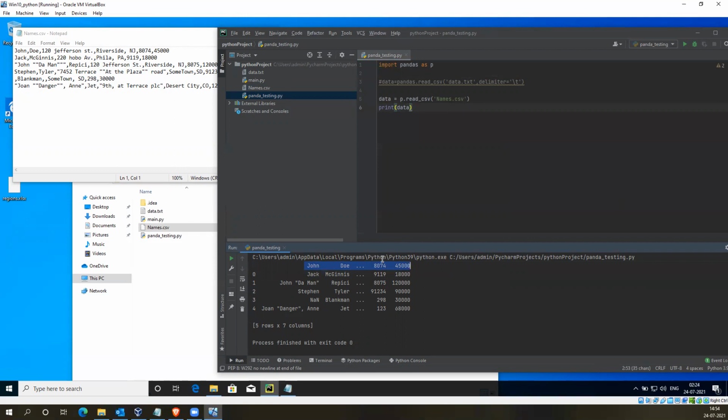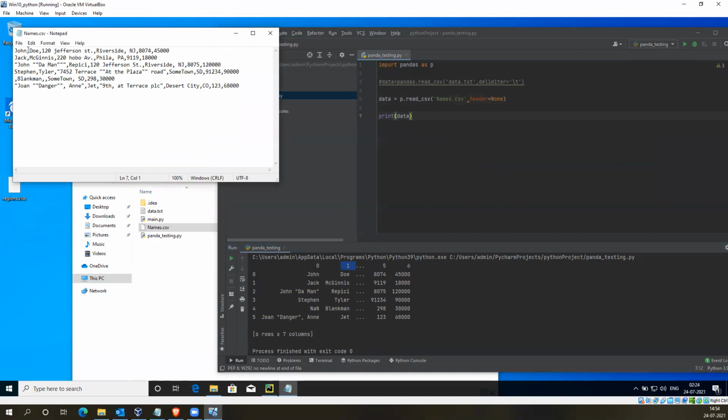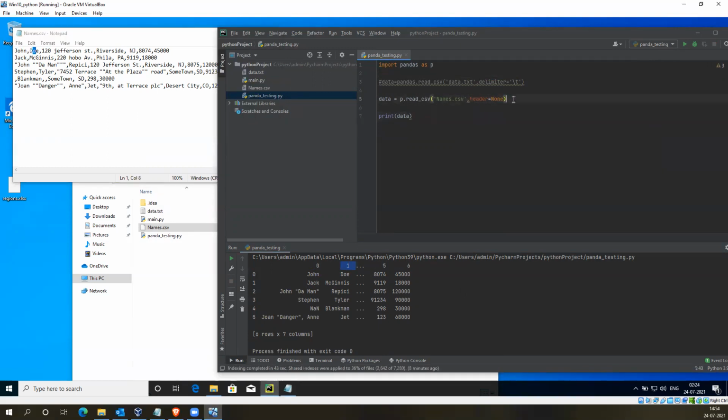So then what I will do is keep this header as none, so it won't take any heading. When I run it, the counting will start from 0 only. But as there is no heading, it's given some numbers like 0, 1, 5, 6 to those column headings. So let me keep my own. So let's say this will be name.